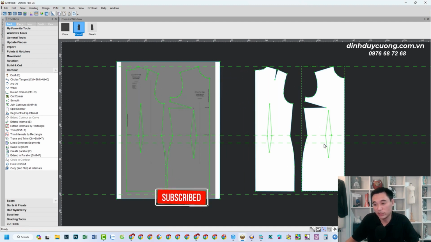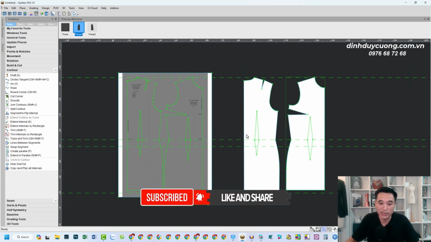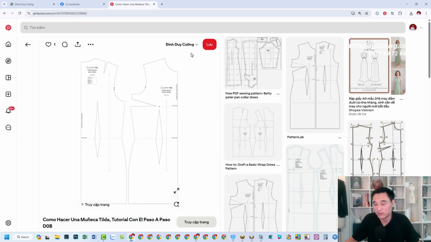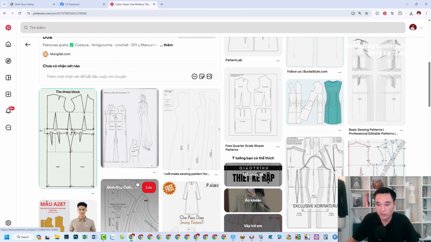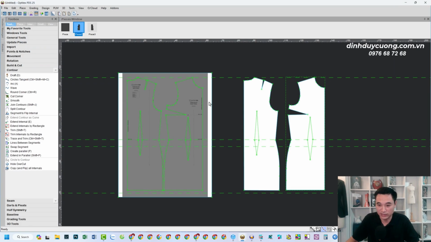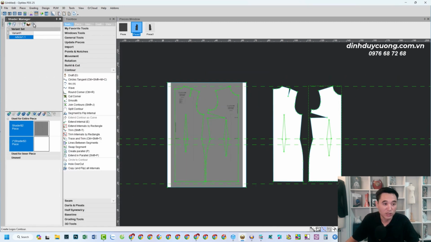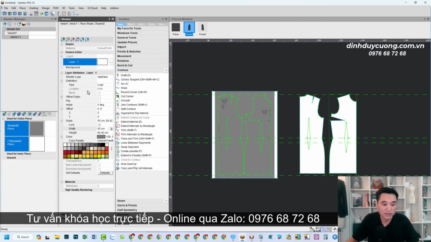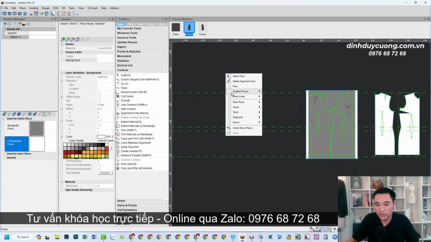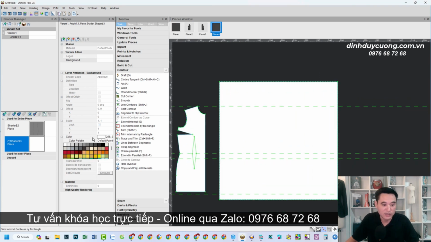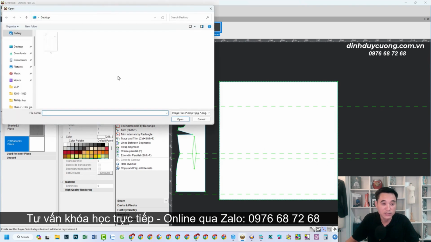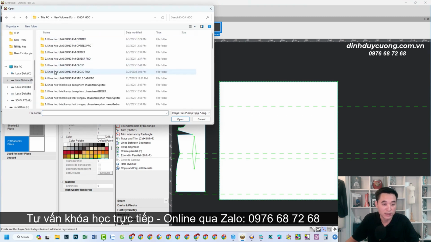So we've now successfully copied the pattern from the image of the pattern. From the image of the pattern that you downloaded from the internet, you can immediately copy someone else's pattern. And you can also conveniently insert your own custom design images into this window. If you want to extract the shader parameters, you just extract it again. If you want to insert design images, you can simply create another image, right? Once you have finished that step, you can utilize this command to import and carefully place your custom design image. For example, I will insert this design image right here.